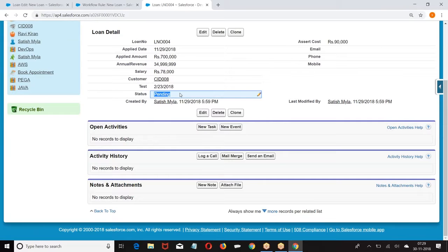What we are doing? Field update. You want some value to be automatically set. When a condition is met, we will go for workflow field update.